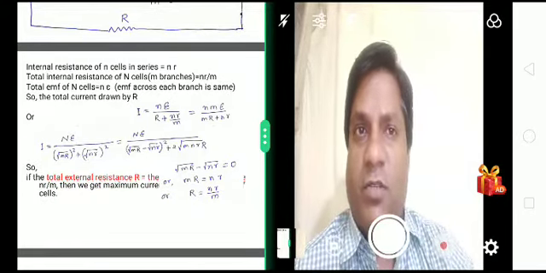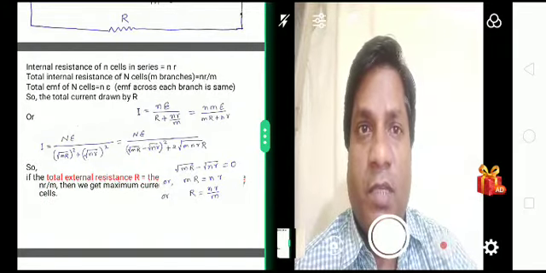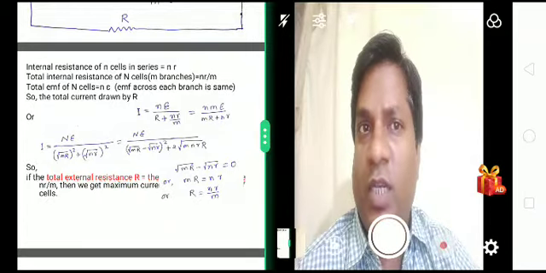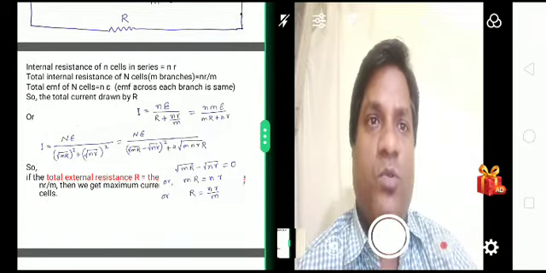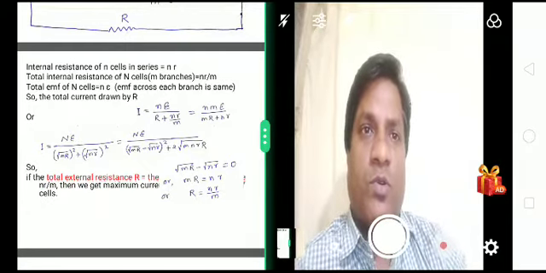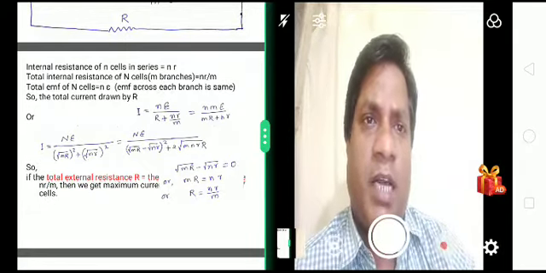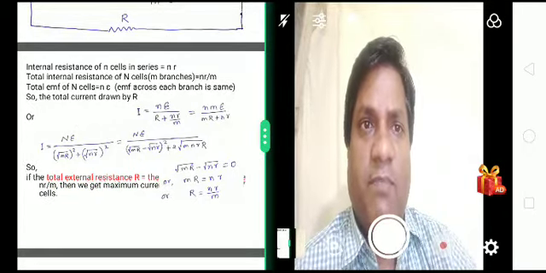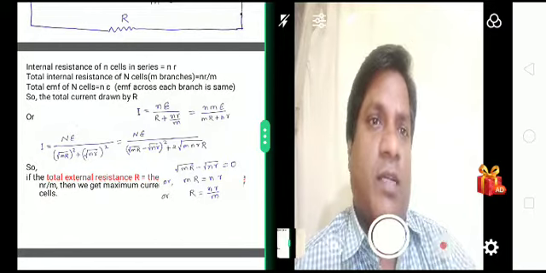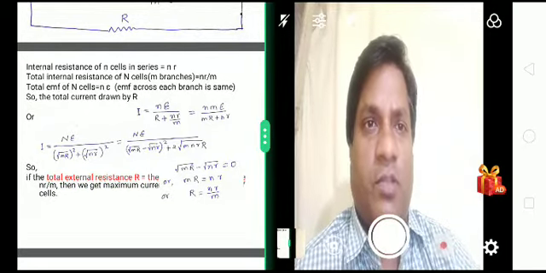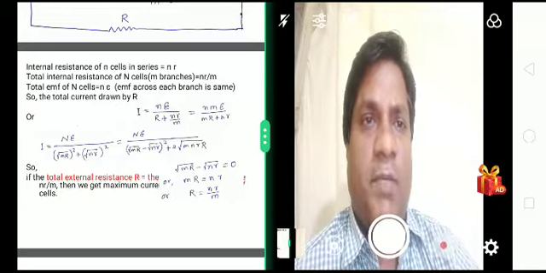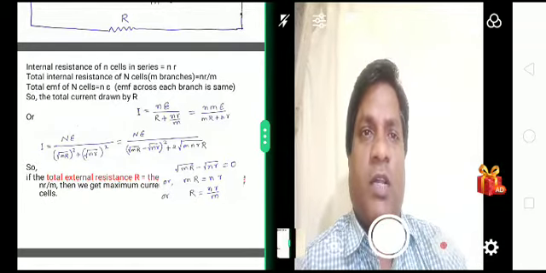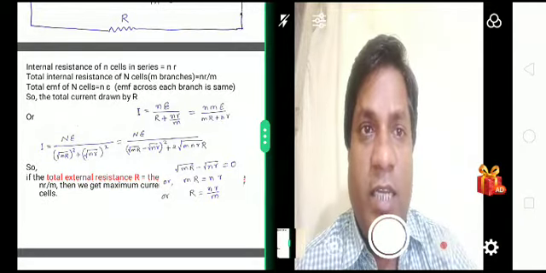So from this expression, you see the denominator. In the denominator, there are two terms: within bracket, (root mr minus root nr) whole square, plus 2 root mnr. Now, root mn, small r, capital R have their own value. So the value of current will be maximum if root mr minus root nr is equal to 0, or m into capital R is equal to n into small r, or capital R is equal to n into small r by m. Now see, what is this n into small r by m?